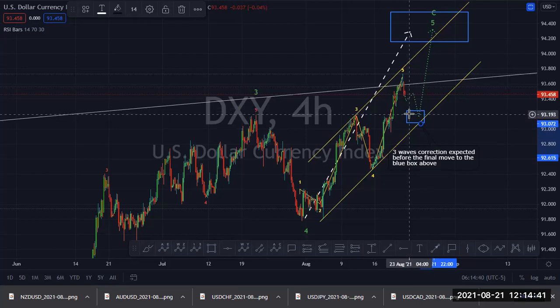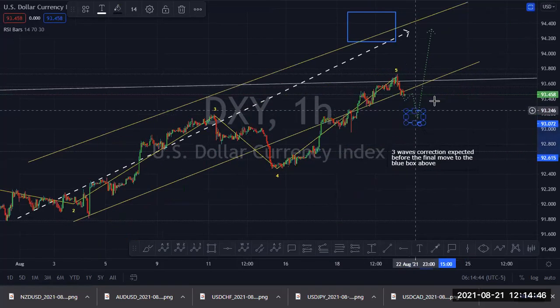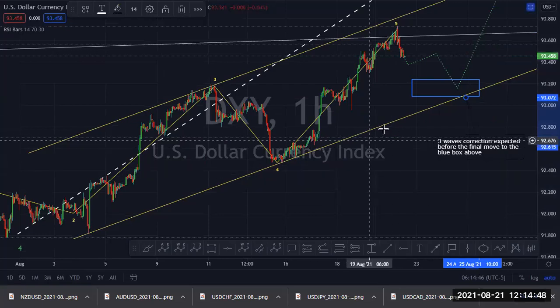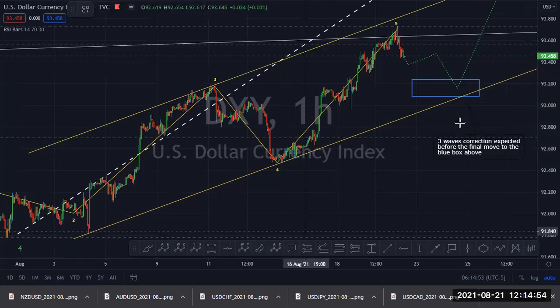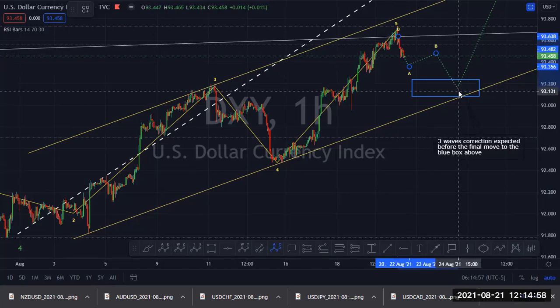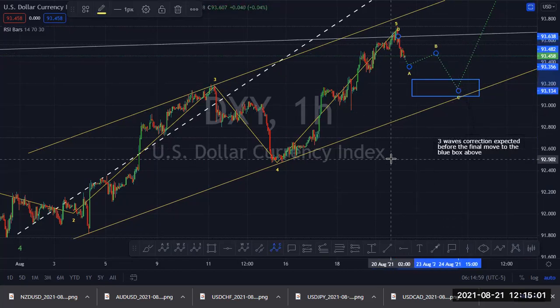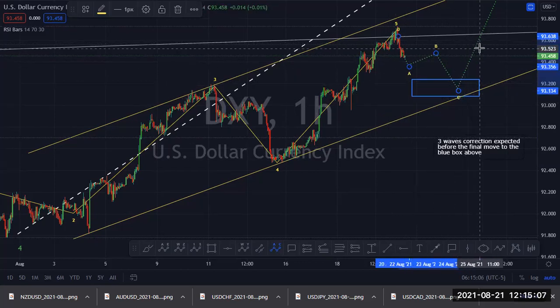So if you trade DXY, get ready for the next buy, and of course you can always sell wave C. You know, this is A, B, C. Selling wave C is a good idea. So if you are trading DXY, after wave A, wave B, then sell wave C before you buy the 5th wave. The main trade lies in buying the 5th wave.